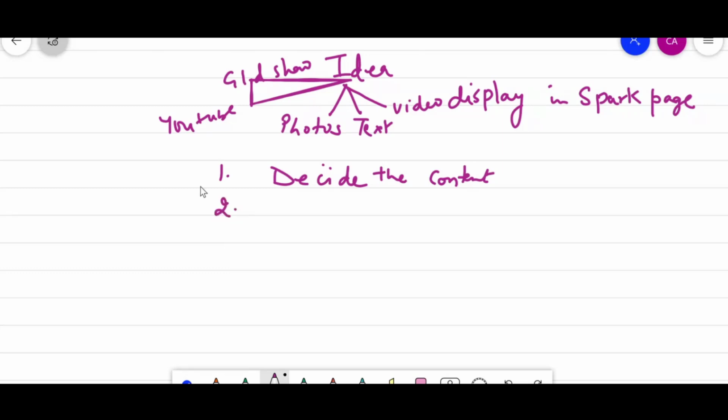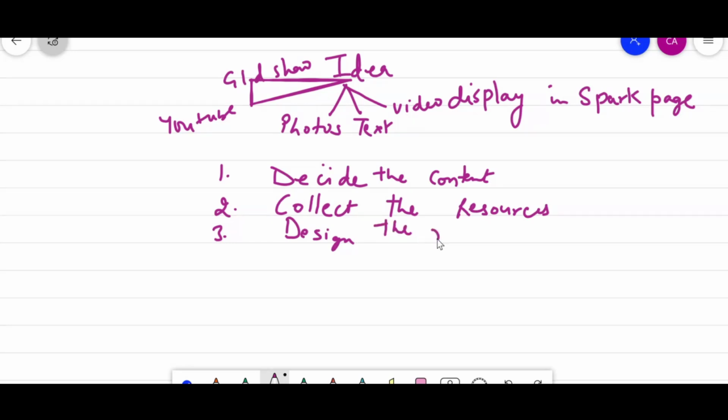Then collect the resources. Then design it. Design the resources. Number 4, assemble.